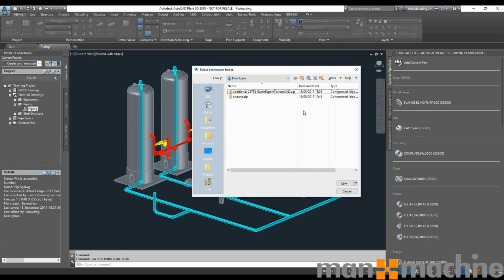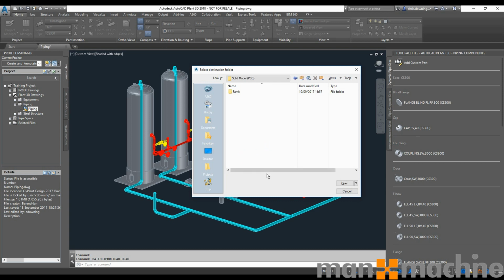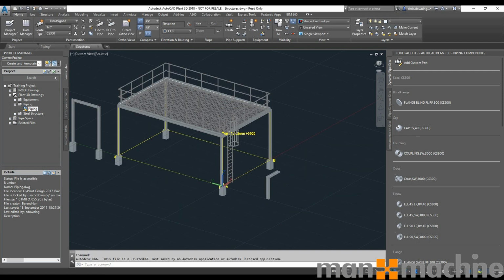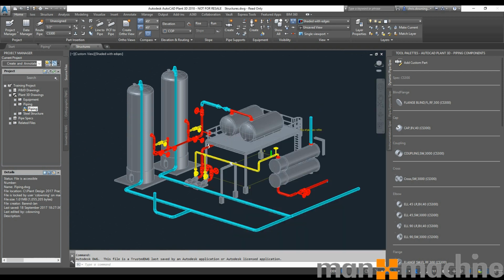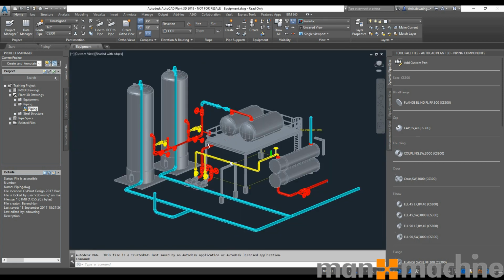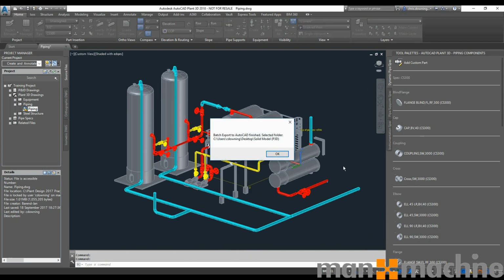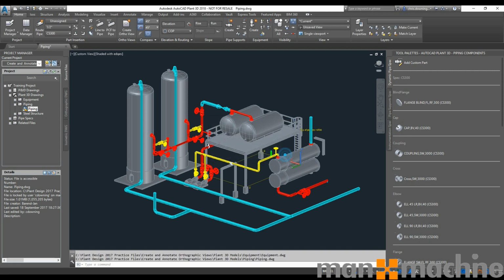So I press enter, and now it's asking for a location where to save my solid CAD file. So I'm going to save it in my solid model folder on my desktop for now. Okay, so there it goes through and it finds all the plant models within this project, so all the XREFs, and it creates 3D solids from those files. Once I OK that, I can go to my folder